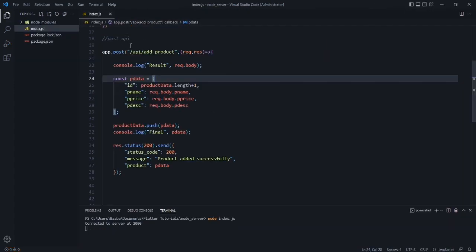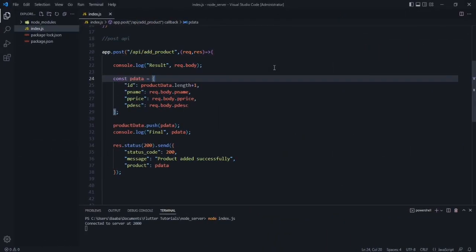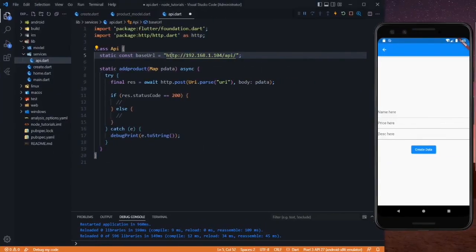As you can see in the Node.js API, we have created this API/add product. I'm not adding the add product to the base URL because we will use the same base URL for different methods. For example, for now we are working with add product, so I will add product here, and after that to get the product I will need to add get product. So it will be a separate API. That's why I'm not pasting the whole address as the base URL. For every method we will create a separate URL.